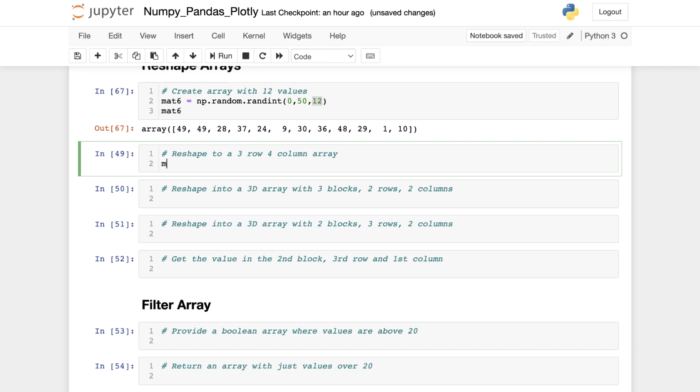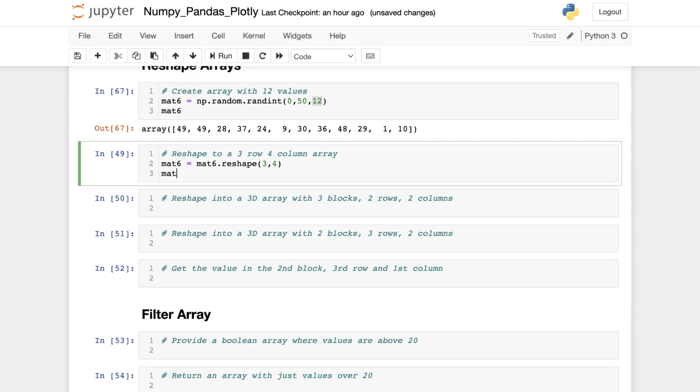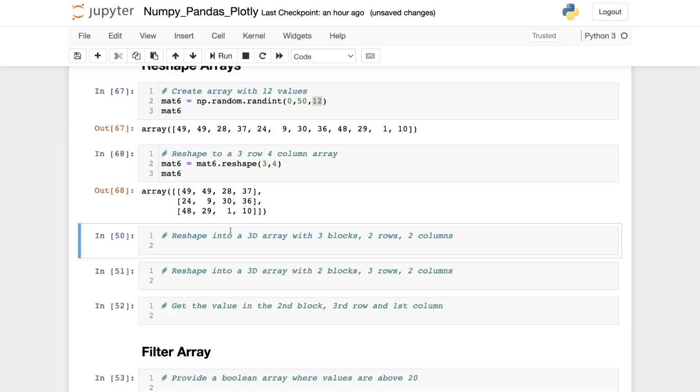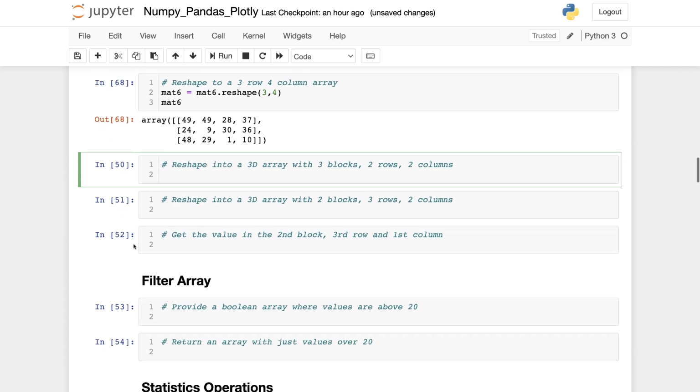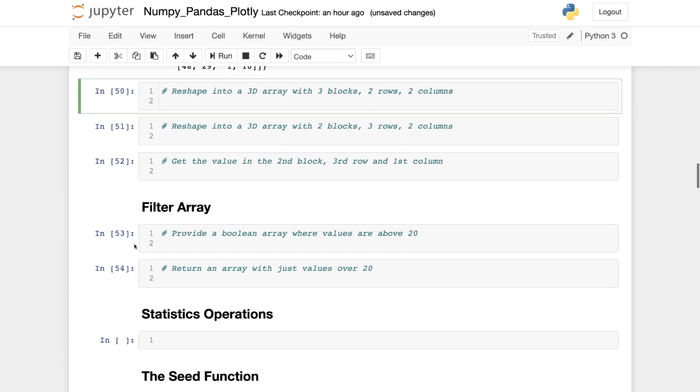So what can we do? Let's just keep this matrix C6. I'm breaking a rule that I told you previously. All right, so I want to reshape it into 3 rows and 4 columns. And just like that, I was able to do this. Let's say that I would now want to reshape into a 3D array